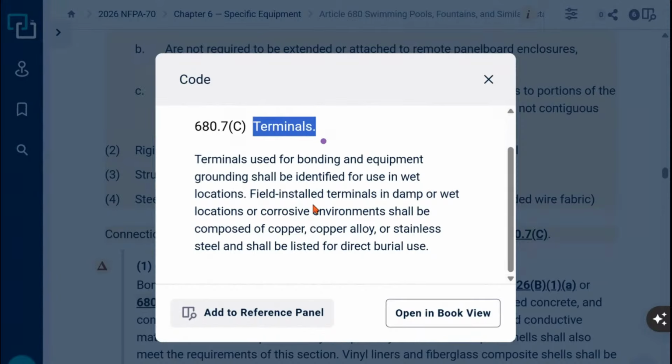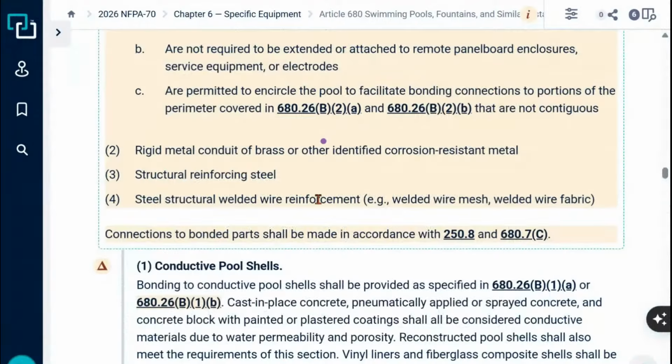And obviously, if they're rated for direct burial use, they're going to be okay for wet location. Right. So folks who didn't look at part 1, go look at that portion of the report to make sure you look at the general requirements also. All right, so now we're going to look at